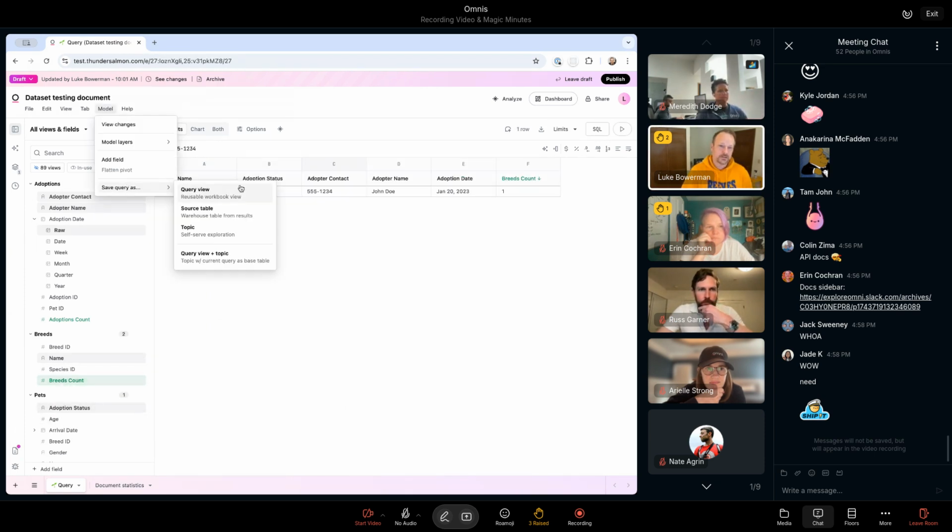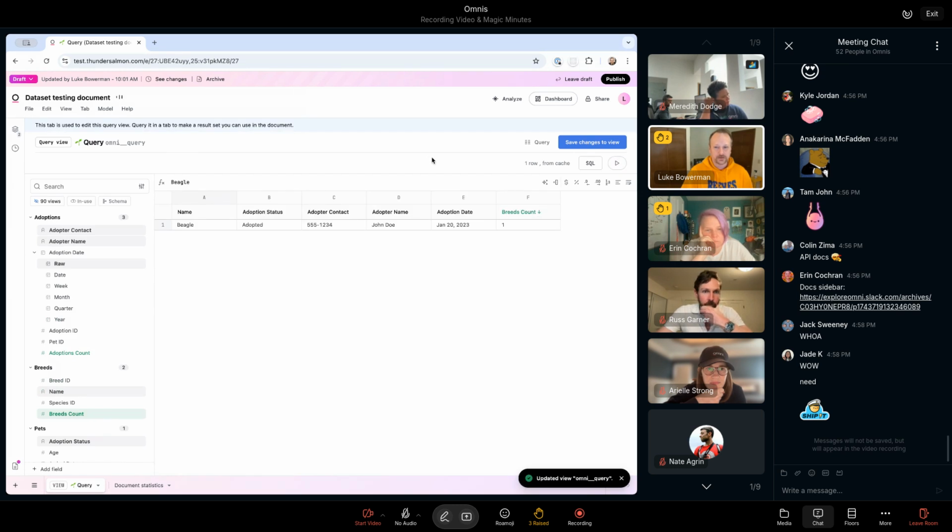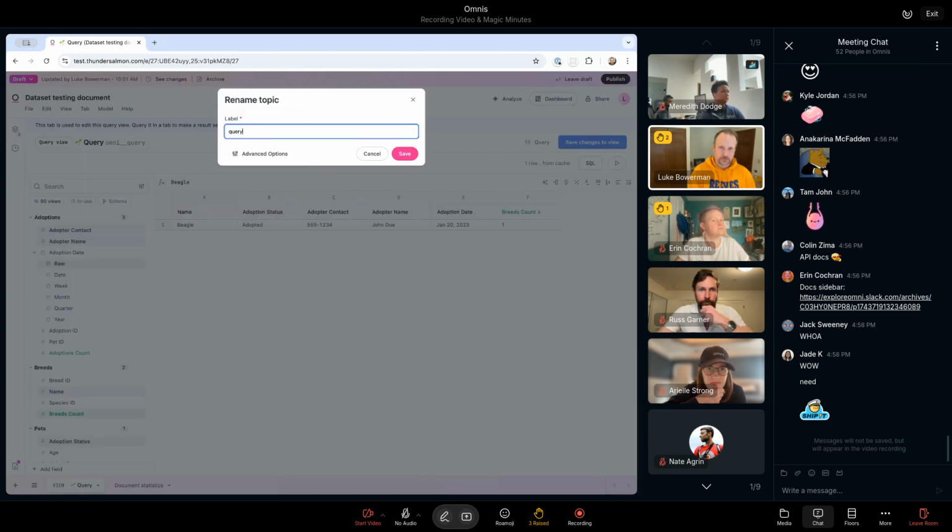Is we replaced the query view flow with a similar flow. So I actually can go here and I can update it. I just saved this as a view. Again, I can rename it. So I can be like, nope, I want my query view to be called